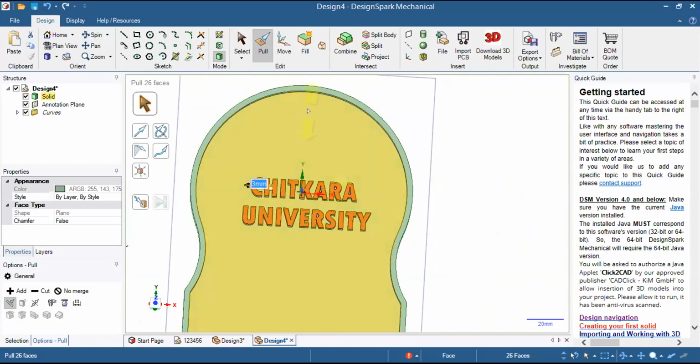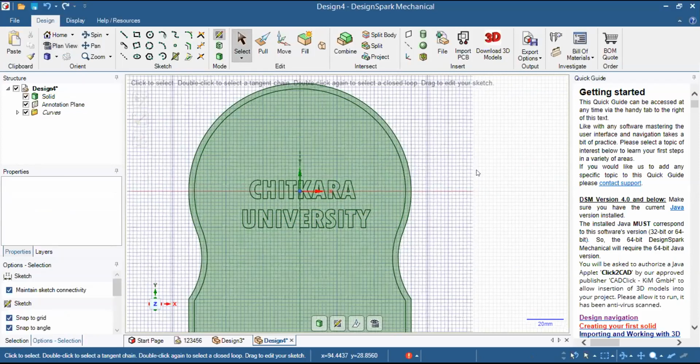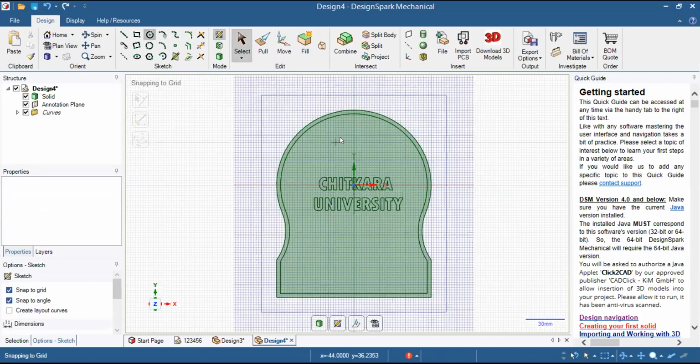Now again, I need something to hang this plate. We need to create a pocket and space so that we can use nut and bolt to hang this on the wall. So what we will do, we will again go to sketch and we will sketch it over here and we will go to plane view. And now what we are going to do, it's as simple as we are just going to select a circle, put one circle over here.